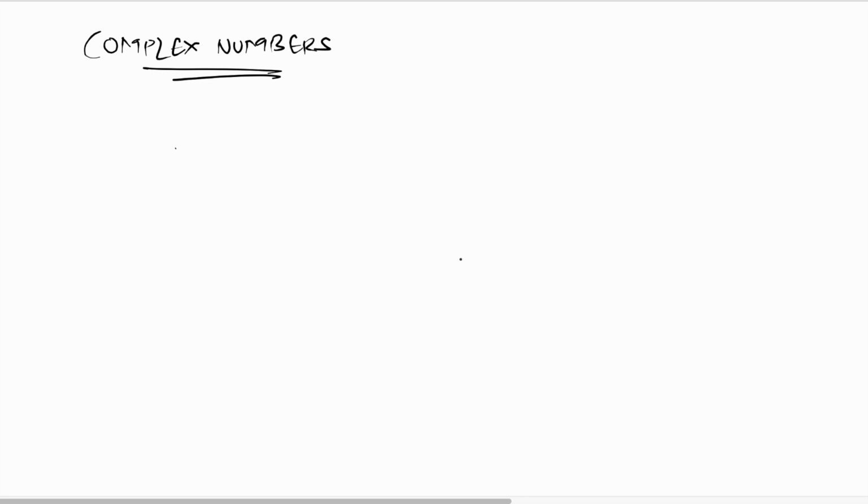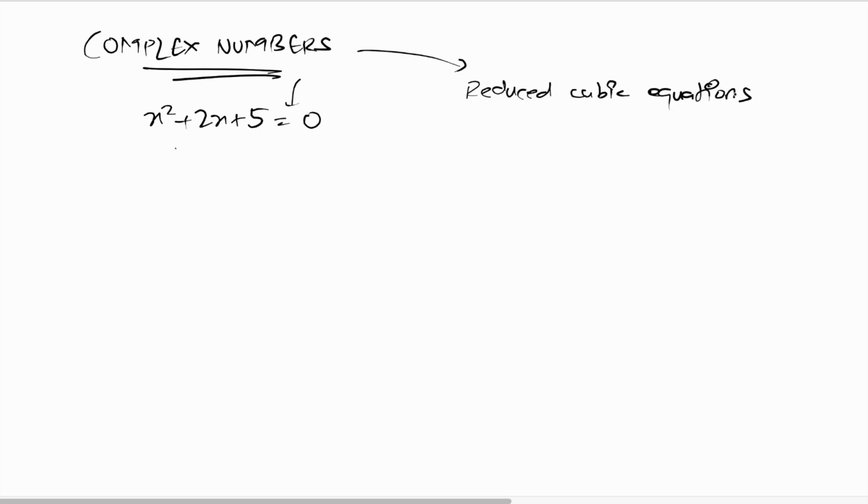We've all encountered complex numbers while studying quadratic equations which have no real solutions. For example, if I have a quadratic equation x squared plus 2x plus 5 equals 0, our introduction to complex numbers happens when we try to find solutions using the formula method. But actually complex numbers were first introduced while finding the roots or solutions of reduced cubic equations. Okay. But we'll start by introducing complex numbers from the quadratic equations point of view because that is much easier to